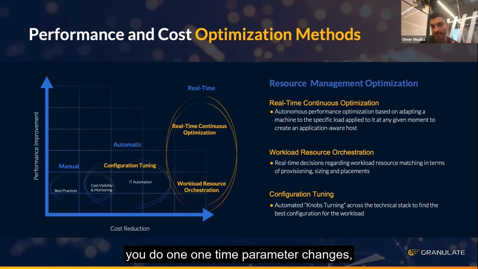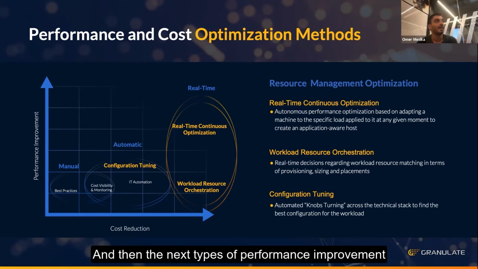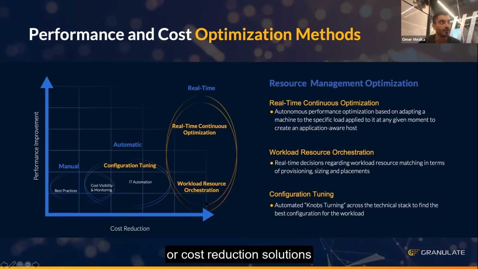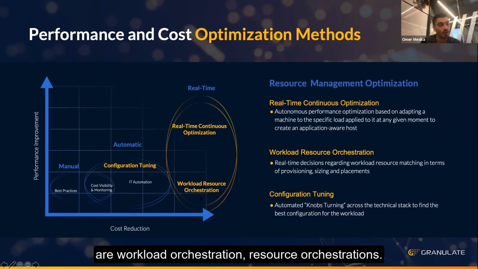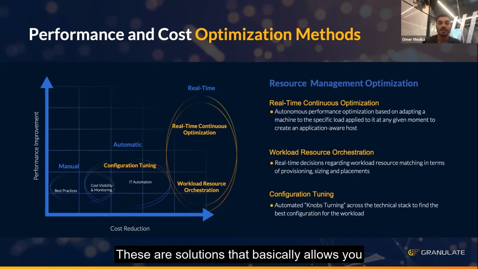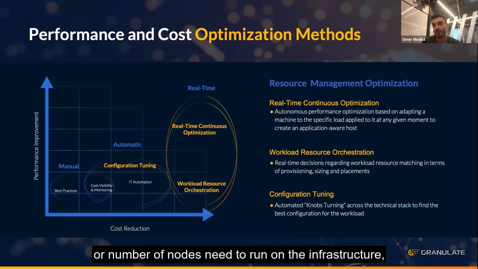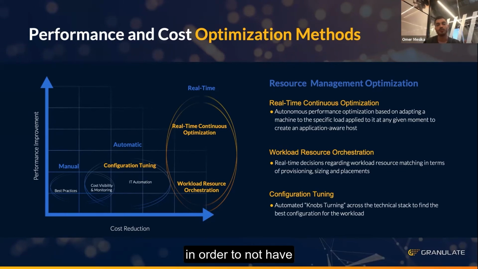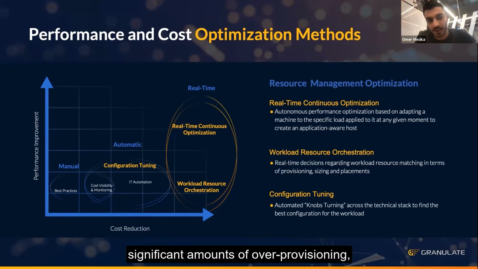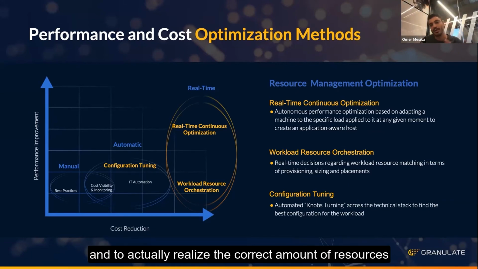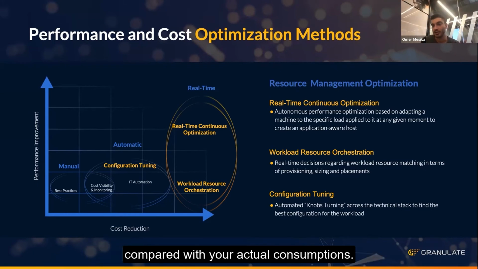You do one-time parameter changes, you improve your performance, it's a one-time thing, you improve, then you're off with it for the future. And then the next types of performance improvement or cost reduction solutions are workload orchestration, resource orchestration. These are solutions that basically allow you to reserve the correct amount of resources at the cluster level, whether it's per pod or the number of nodes needed to run on the infrastructure, in order to not have significant amounts of